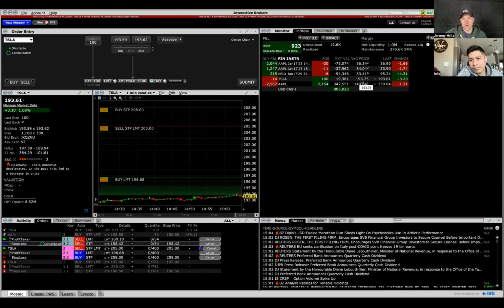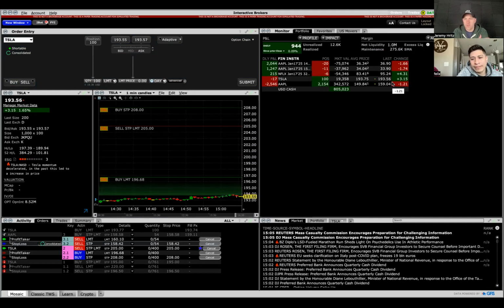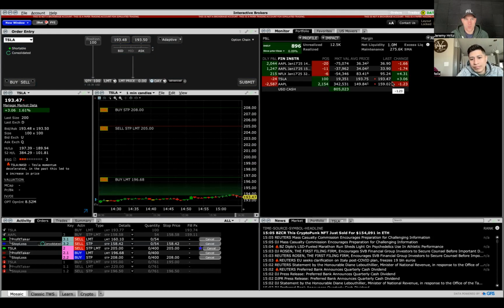right? So we see here, we bought Tesla at 193.75. Where it says last, that's what the most recent price was. And then the change is, what's that change? That says plus 3.19. There's no way that's incorrect there. I got to figure out what this one is, but it just gives you a real-time snapshot of all your trade information here. Okay. So I would just, with this, practice, buy some shares, short some shares,